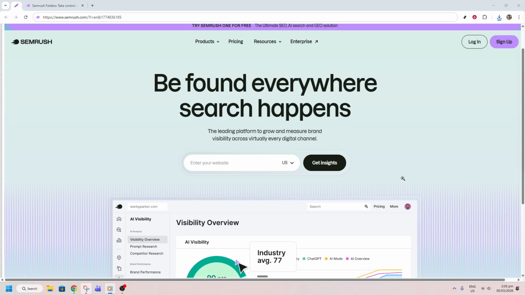First, you'll need to head over to the Semrush website. You can simply open your favorite web browser and type in the URL, semrush.com. Once you're there, you'll need to log into your Semrush account. If you don't have an account yet, you'll have to create one in order to proceed with becoming an agency